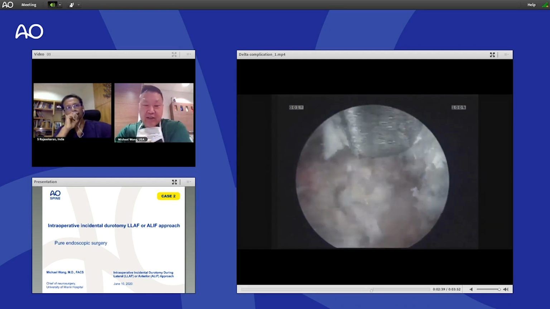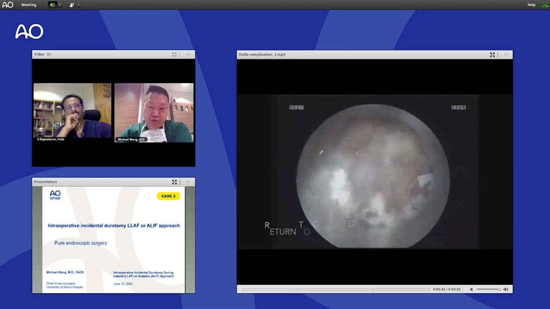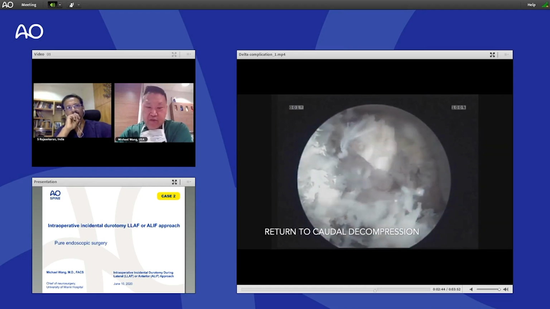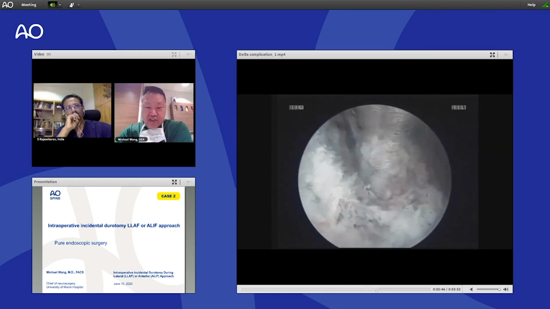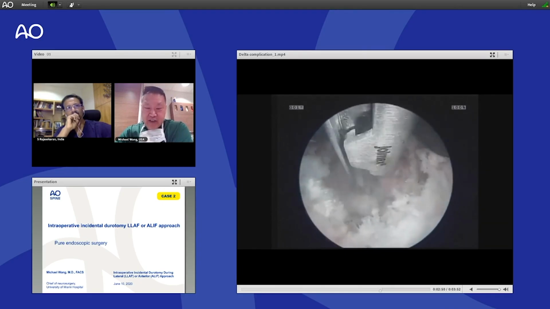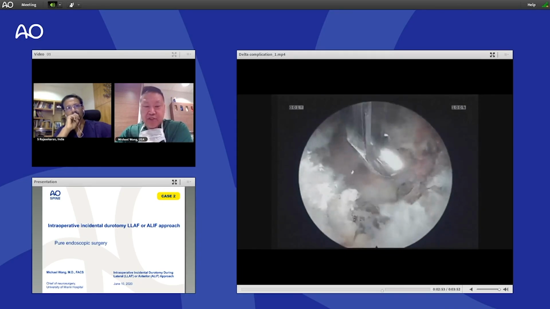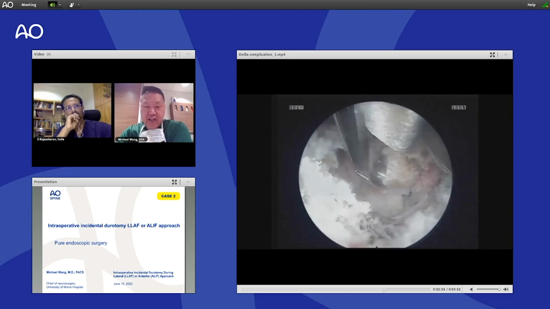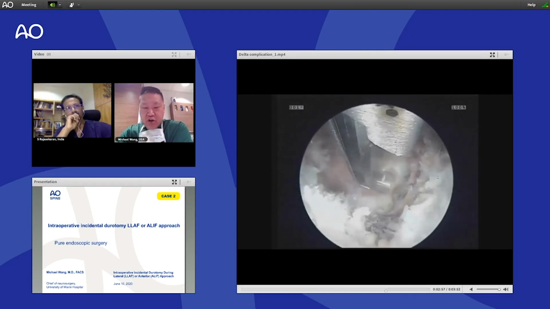So it's actually a little bit difficult to handle this, but you have to keep your cool. And we're going to go laterally, then we're going to go and do the cranial and caudal decompression. So we're trying to finish, if you will, the laminar decompression here despite the presence of those rootlets. And in this particular case, as is mentioned in the video, I believe that a major culprit was the loss